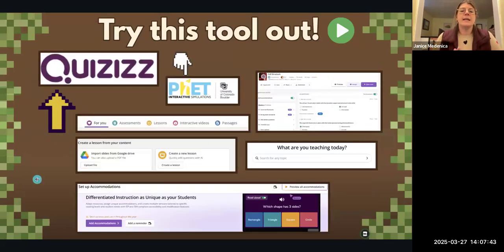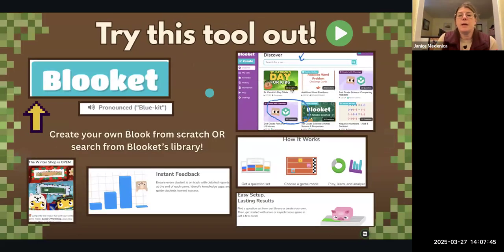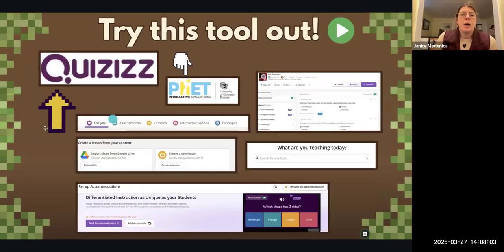And Quizizz is another one. Oh, one thing to mention here, if you use Quizizz in your school, there's a function where kids can actually create a Blooket out of the vocabulary of the lesson that they're learning about, which is kind of cool. And in Quizizz, there's a new feature. There are AI tools in here, but also this new one where they've integrated PhET interactive simulations with the quizzes.